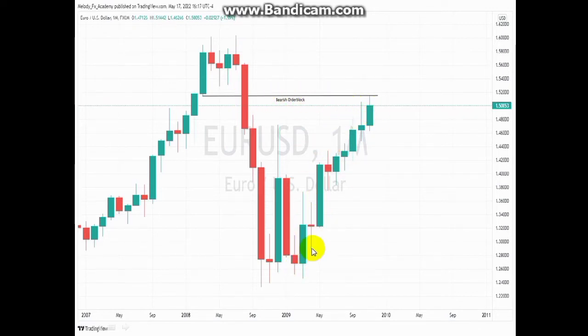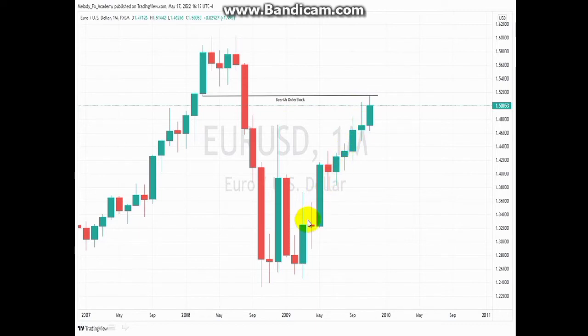Now let's look at the number of months we had before price got there. Let's count the number of months. We probably have 1 2 3 4 5 6 7 8 9 months. Okay, we had 9 consecutive months before price traded to this level. In other words, you had 9 months of just looking for a bullish bias, just trading a single bias. I hope we are getting the point of what I'm trying to say right now.